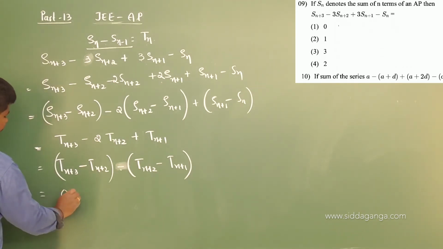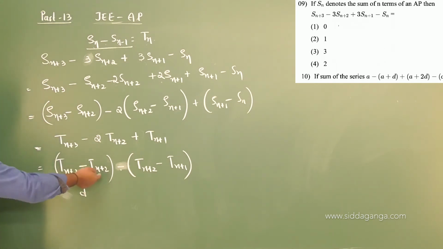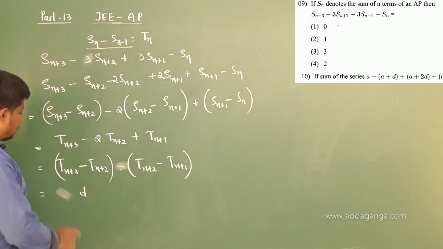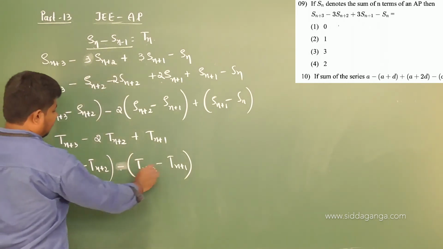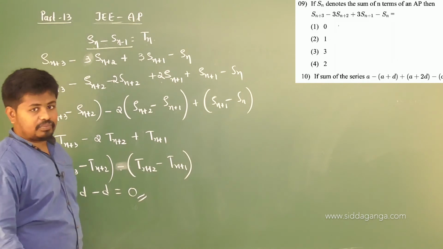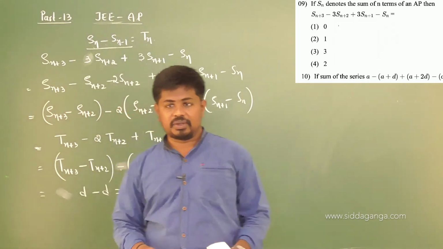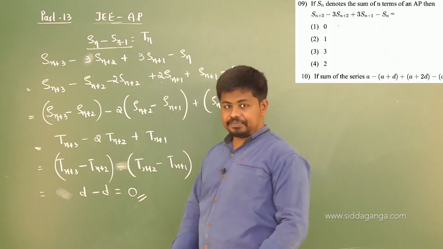This gives D, the common difference. Now, A2 minus A1, it is like A2 minus A1. So T(n+3) minus T(n+2). Hope you are getting this. This is the first term, this is the preceding term. So the difference of this is the common difference. Minus again here also. So this gives sum 0. The sum is 0. Hope you got this. Option first is the correct one.